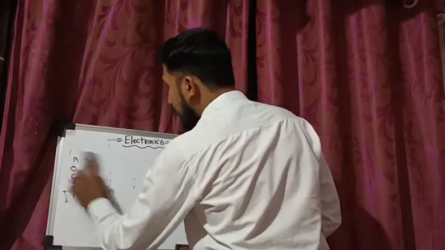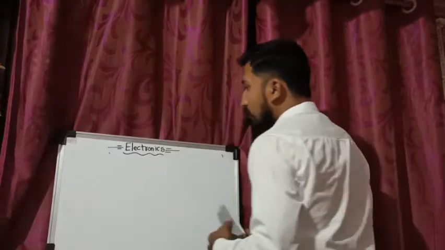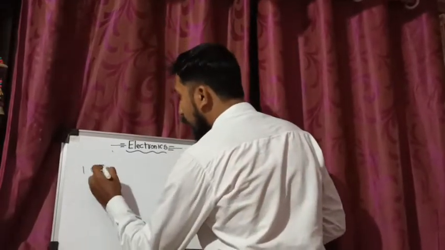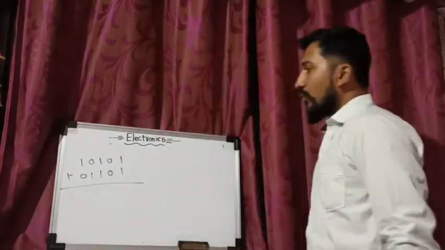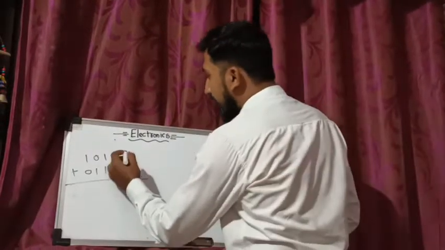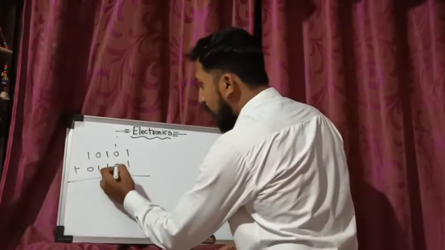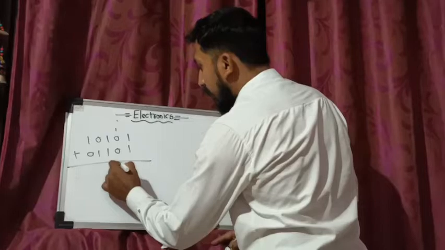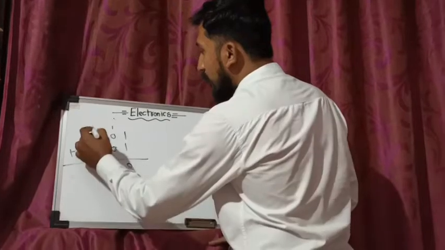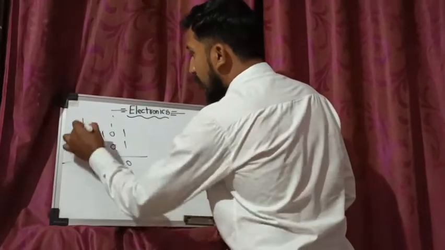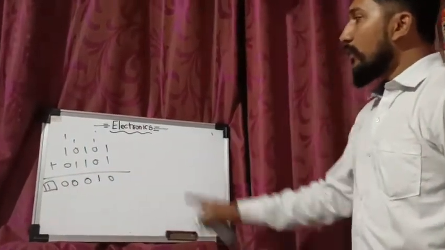Okay, so we'll perform binary addition as well as binary subtraction one by one. We have the numbers 1 0 1 0 1 plus 0 1 1 0 1, and we have to do this addition. What are the rules for binary addition? 1 plus 1, sum 0, carry 1. Then 0 plus 0, then 0 plus 1, that is sum 1, carry 0. Again 1 plus 1, sum 0, carry 1. Again 1 plus 1, sum 0, carry 1. 1 plus 1, sum 0, and this is carry 1. So in this way we will be doing binary addition.